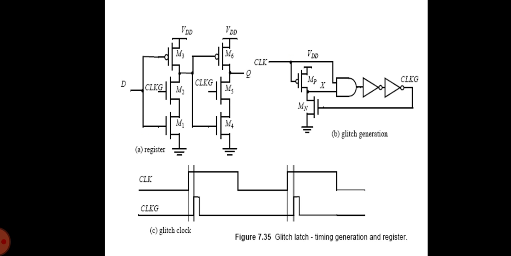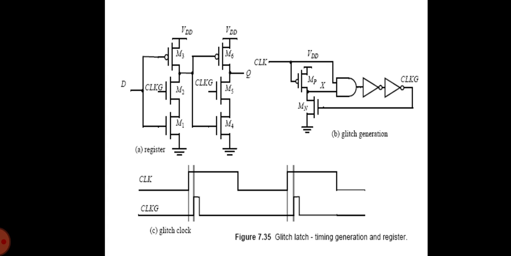The idea is to construct a short pulse around the rising or falling edge of the clock, and this pulse acts as the clock input to the latch. You can see in this diagram that it shows sampling the input only in a short window. Race conditions are thus avoided by keeping the opening time, that is the transparent period of the latch, very short. The combination of the glitch generation circuitry and the latch results in a positive edge triggered register.